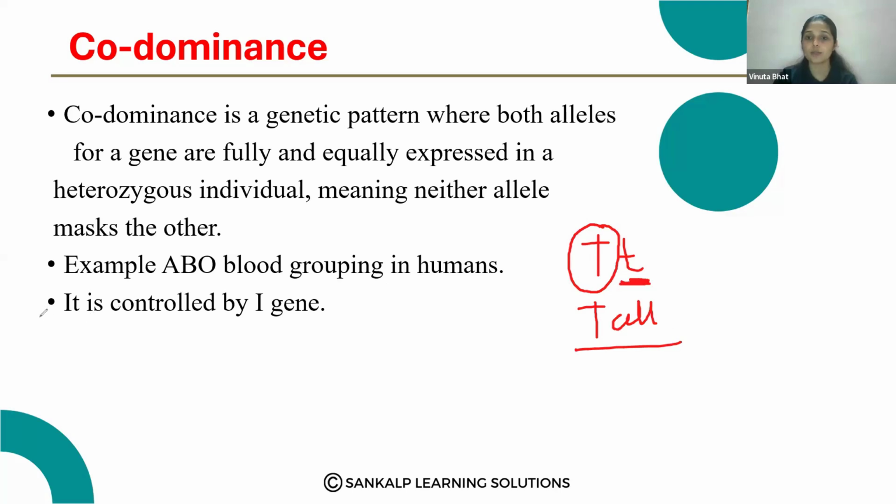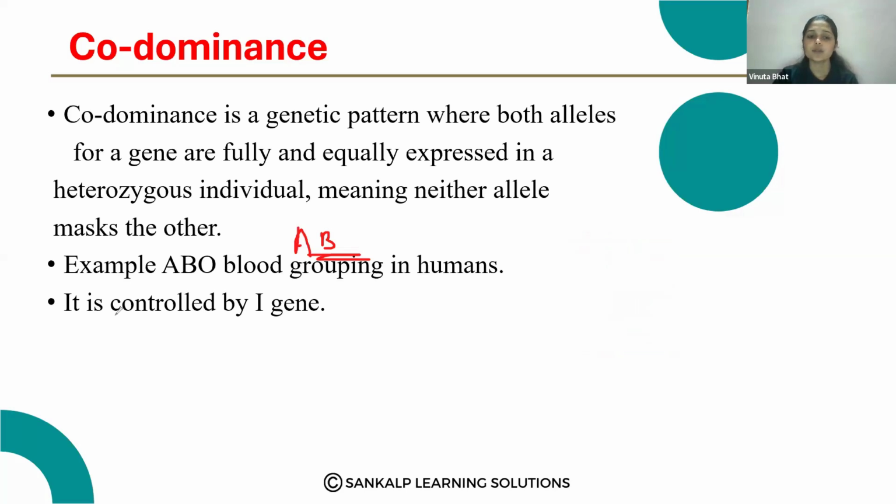But in codominance, both of these characters are expressed. That means there is no dominant or recessive. Both the alleles are equally expressed in the heterozygous individual. So for example, AB blood group is an example for codominance. So let's study how this AB blood group is an example for